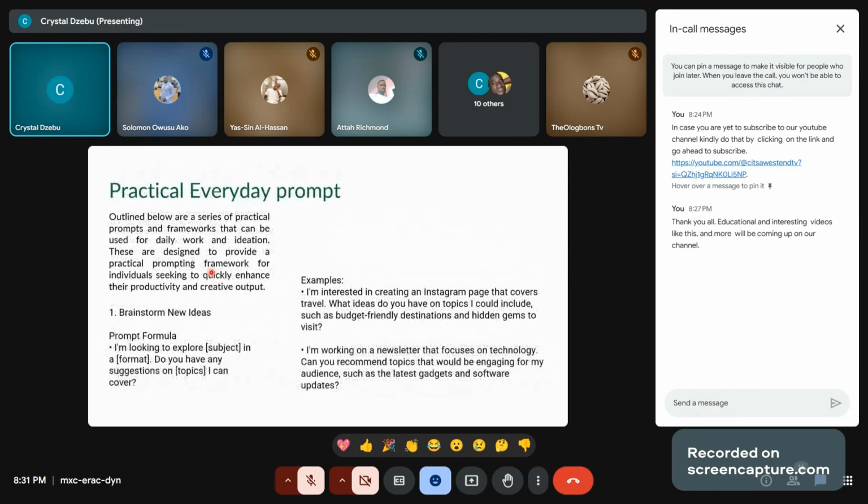Now, these are some other examples of prompts. I'm interested in creating an Instagram page that covers travel. What ideas do you have on topics I could include, such as budget friendly destinations and hidden gems to visit? So, when you do this, it will give you full information.